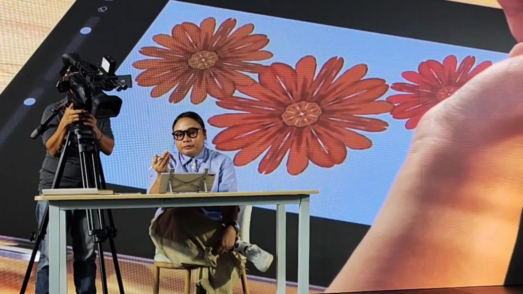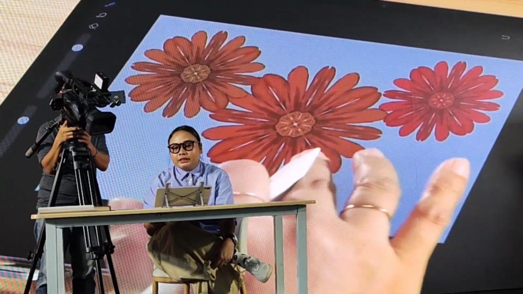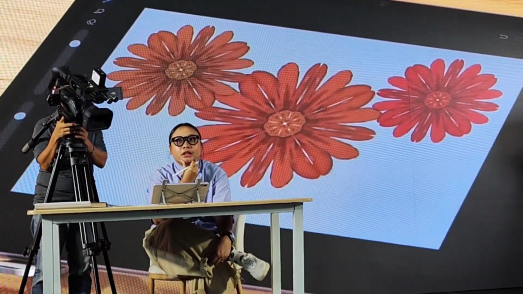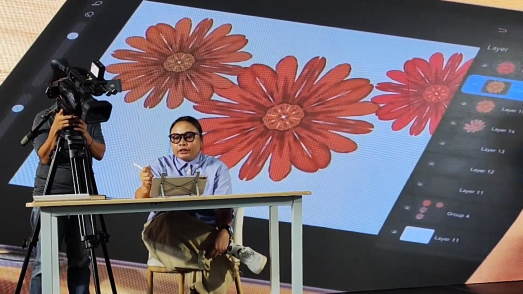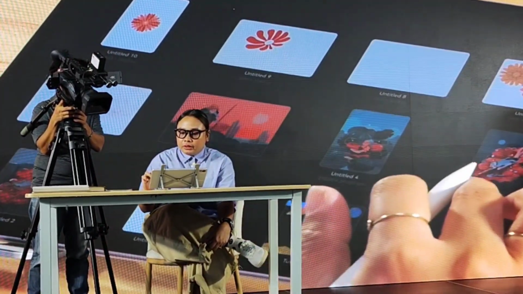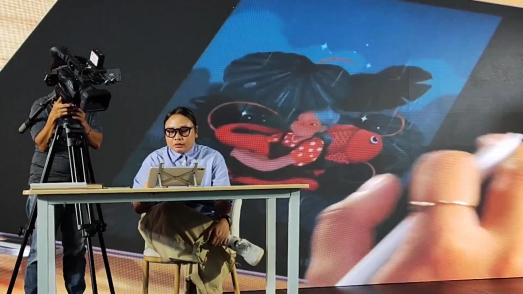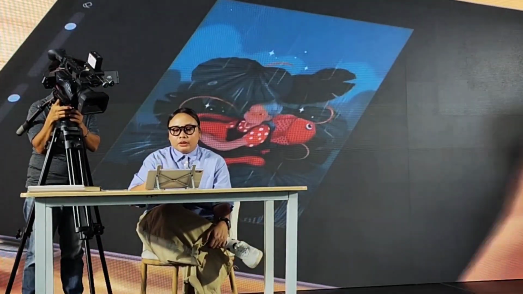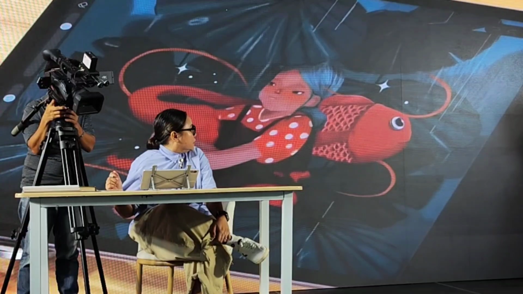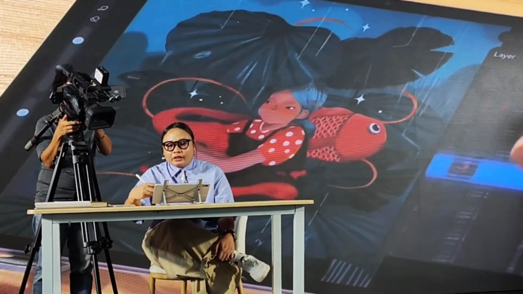And then probably last, it's more on the professional side, but it's very helpful for hobbyists also: using layers. I'll quickly show the layers that I did for this artwork. Whenever I do an illustration, I have several layers.